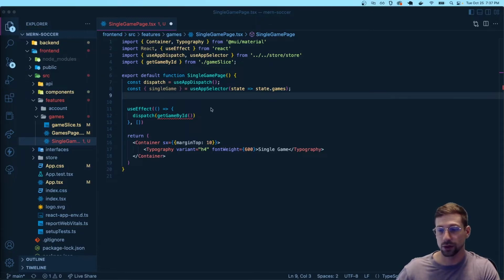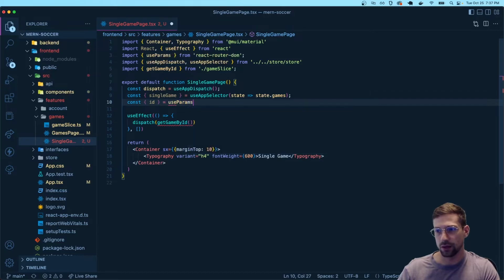Use params. Okay, so that's a hook that comes with React. So const ID, we're gonna be destructuring this, and we're gonna get this info from the use params hook, which comes from the React router DOM. So that's where the hook comes from. And now I can go ahead and pass the ID,